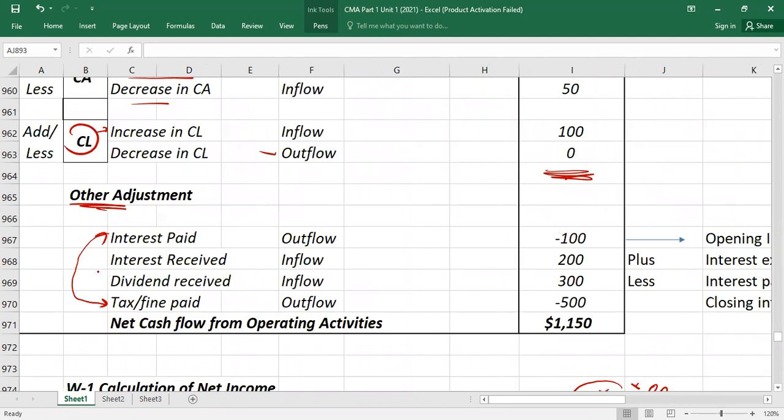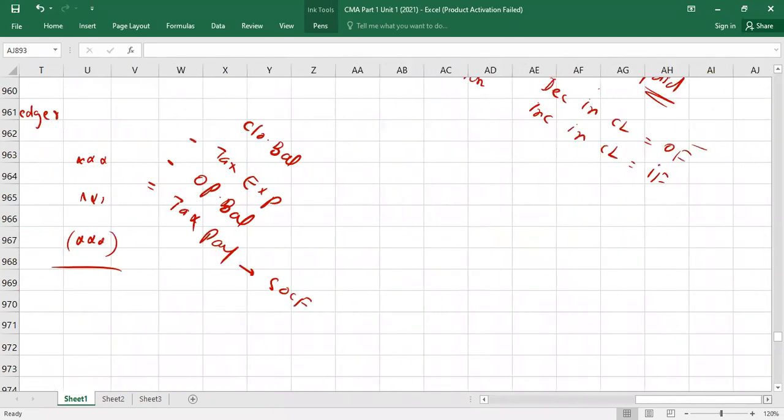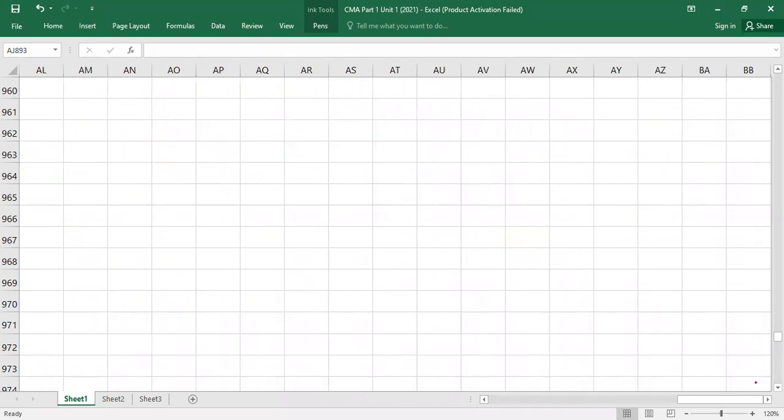Now I'm going to work with these two values. Which two values? Interest received or dividend received, which will be written as an inflow. Under which activities? Operating activities. For interest received, we have to use the interest receivable